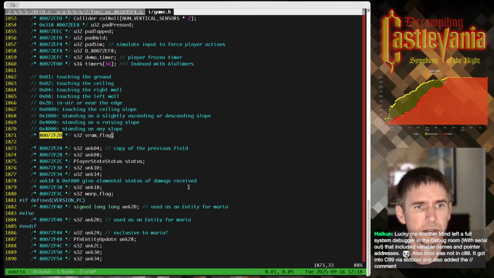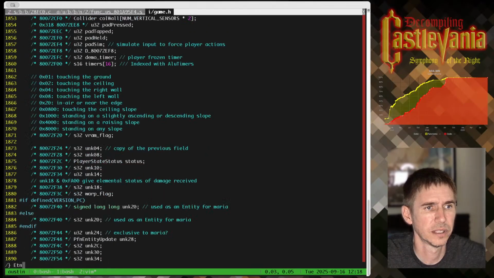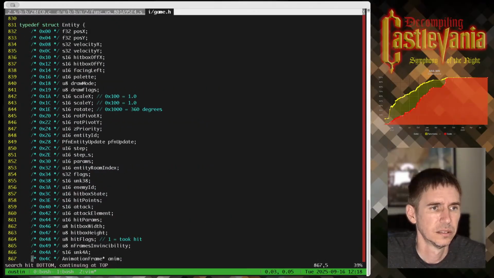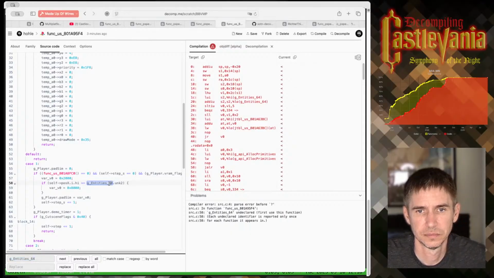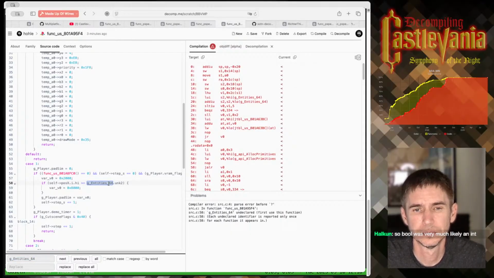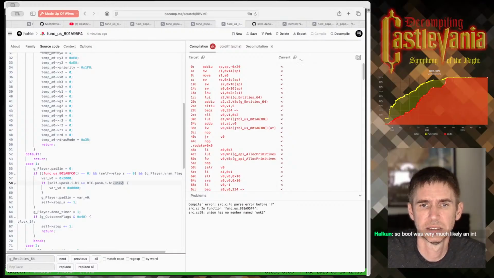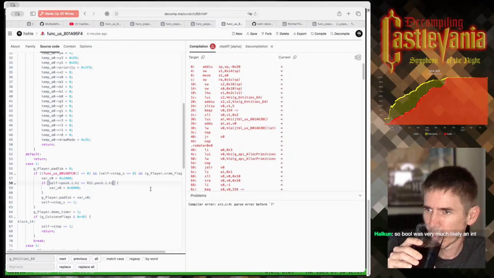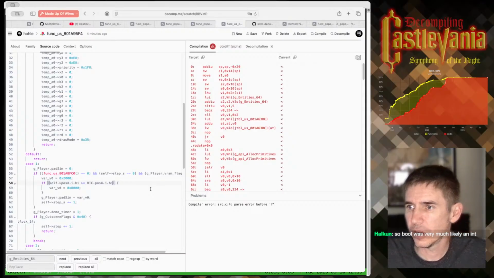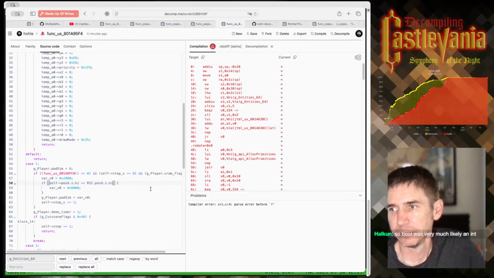The second offset of entity is position X high, and this is going to be rec.pos x high. Oh, how can you write? Bool was not in C89.